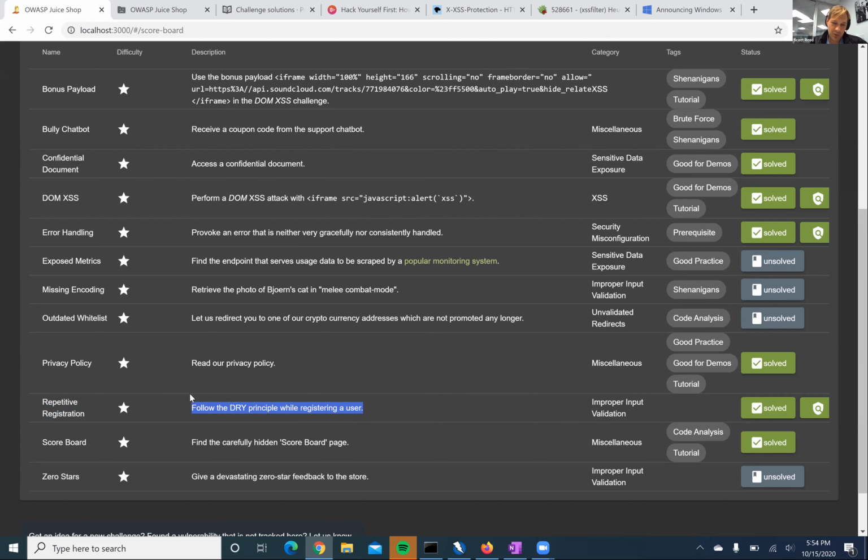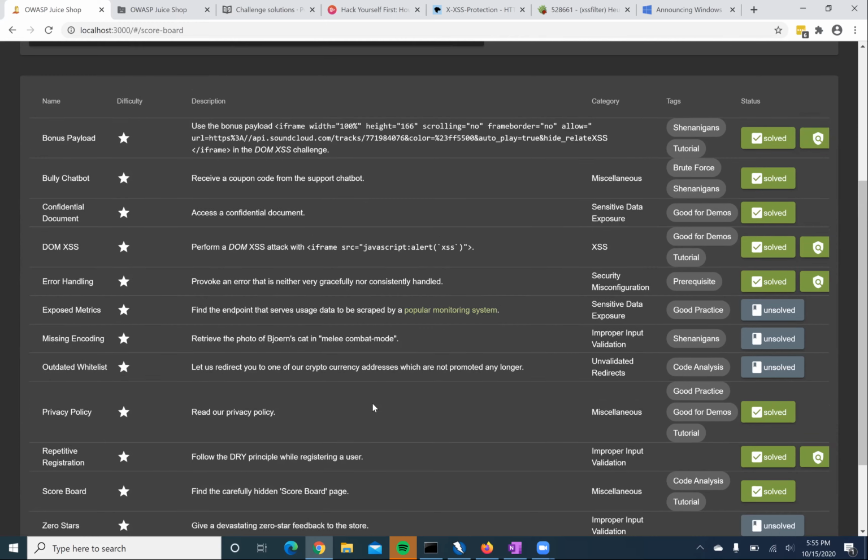So yeah, this one, originally I was trying to just register myself again, and I was having a really hard time getting myself registered again. But then I was reading the solution and it's like, oh, you're just trying to get it where your username and your passwords don't match, or other types of exploits in that area. And I was like, oh, okay, I was trying to do the wrong thing. So that was an interesting one.